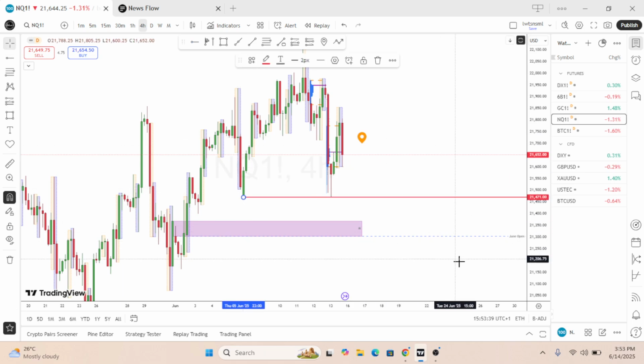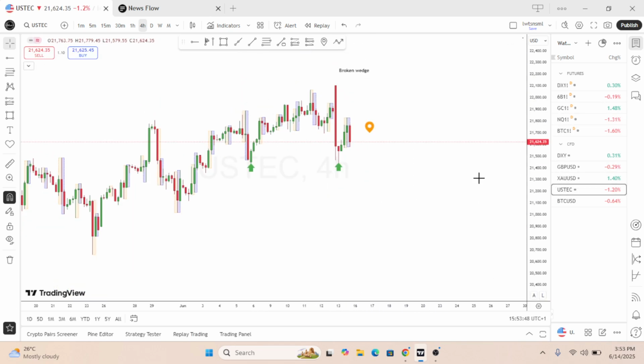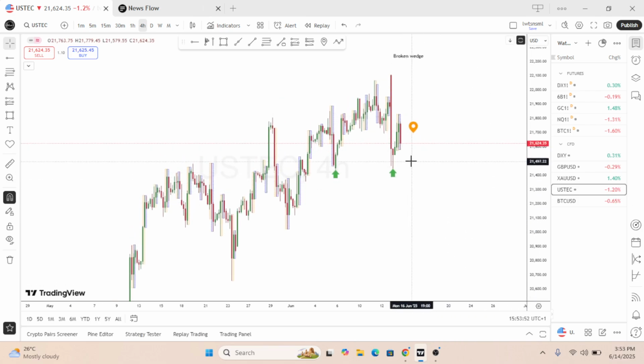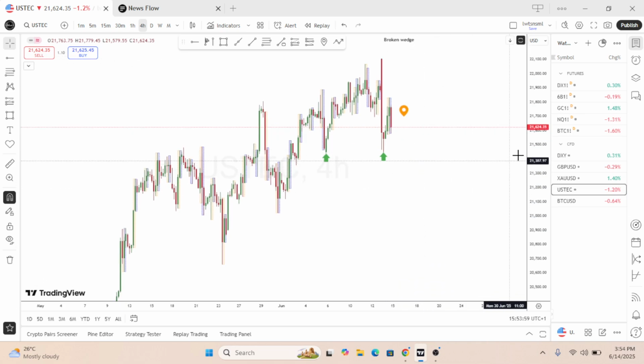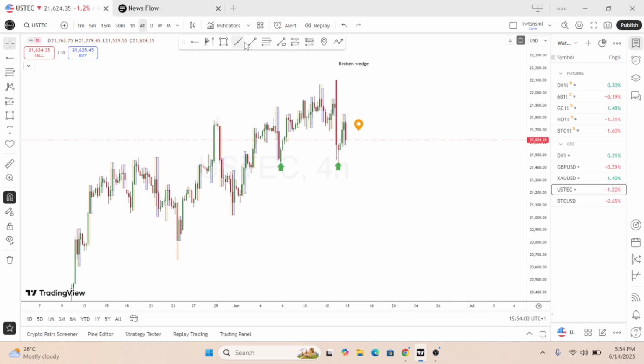I drew a line here. See that 21,471.0 is also the same low. So we have equal lows on the Nasdaq futures. So this is something that ICT guys like to trade through. So we have a trade through here and then an acceptance or reversal to higher prices. And also still talking about structures, we have this